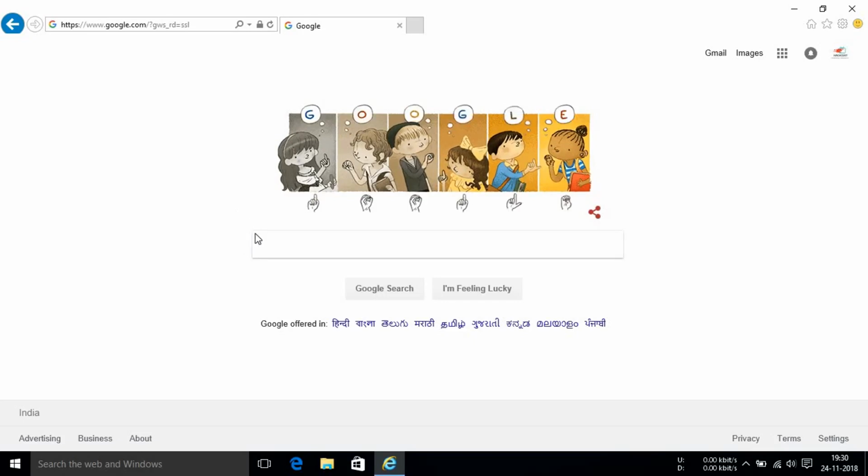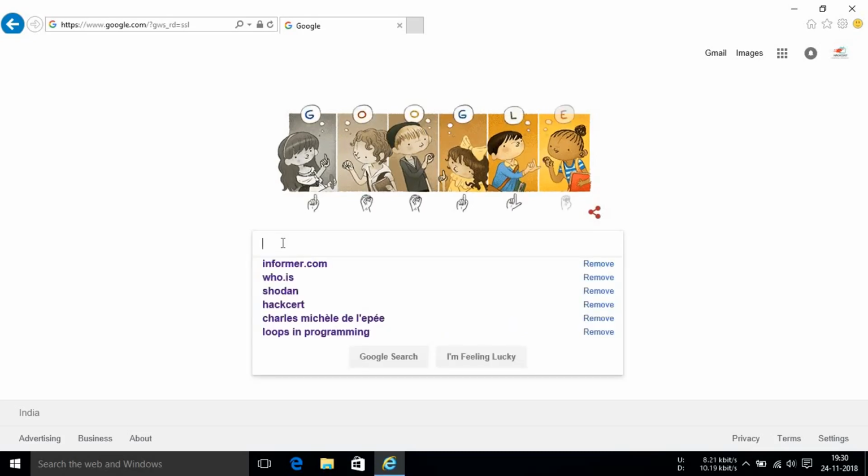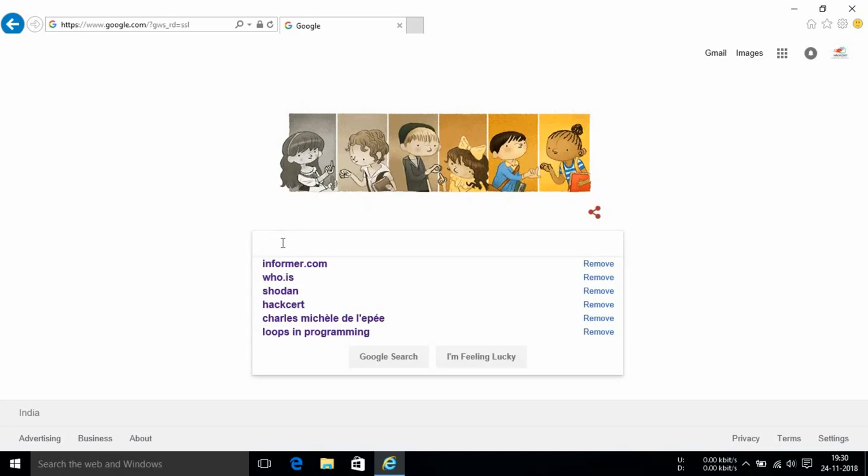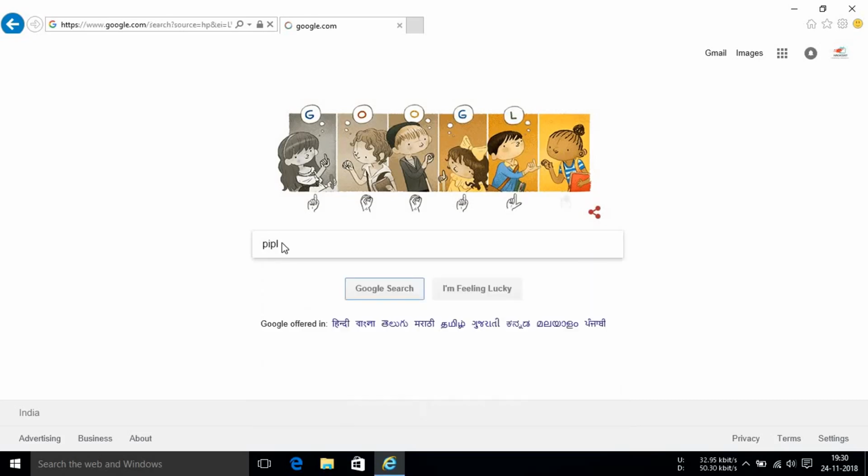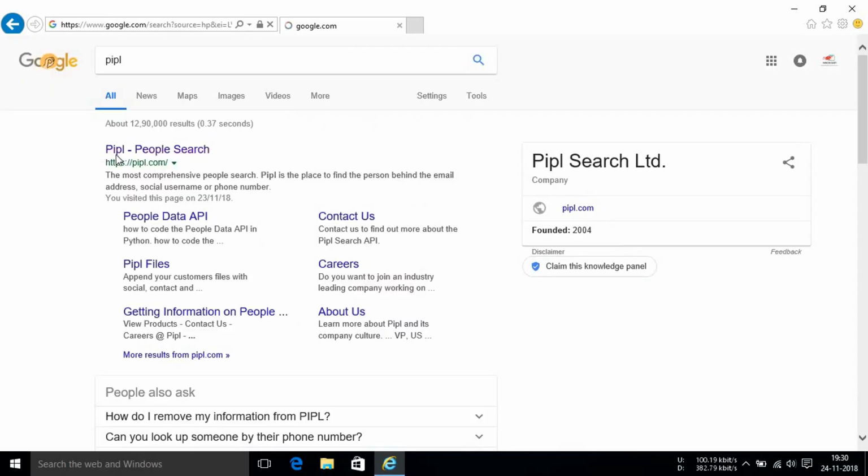You must have set your password like that, something nearer to that. So if you want to search for information about people, then you simply type in the Google search, type in PIPL and search, and the first result that appears, pipl.com, just open it,